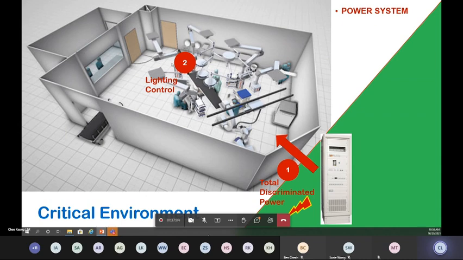So you probably need to dim out your surrounding, just leave the concentrated light on the operating table, or you will need to have the entire light being turned on to a certain intensity to ensure that all the nurses and so on know what they are doing and are able to see their stuff. So all this requirement is there. So we are also doing the lighting control for the operating theater.